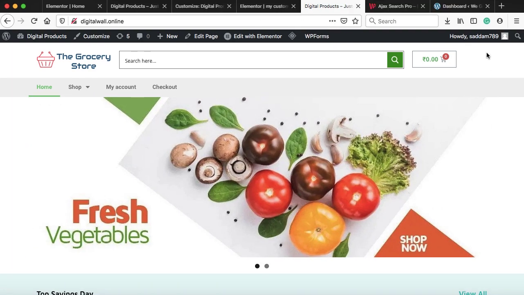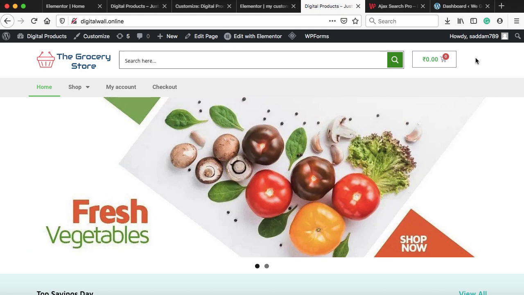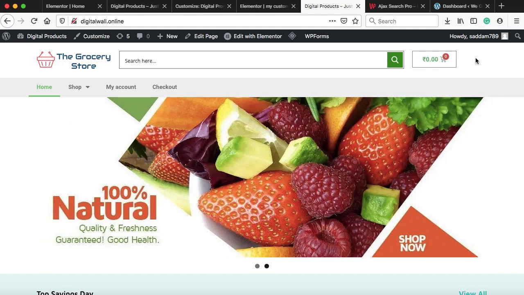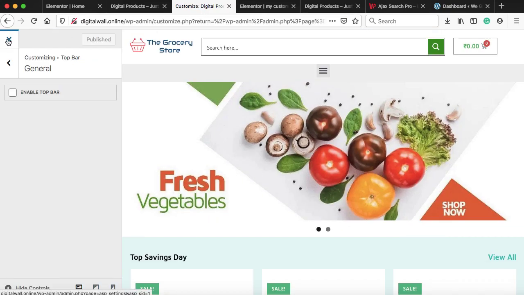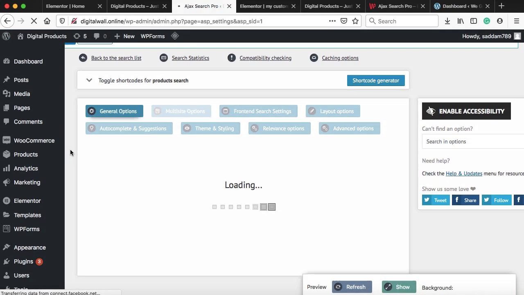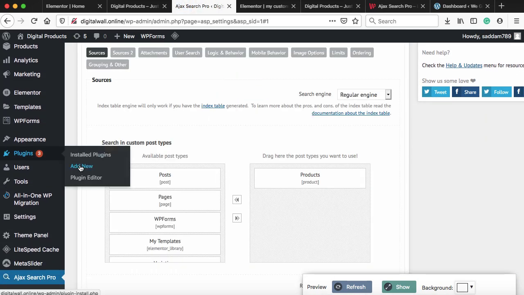Now let's put a login link over here. So when a user comes to the website, they can simply click on the login menu and a pop-up will come up through which they can log in into their account, or they can create a fresh account. So this can be accomplished with the help of a free plugin. We can simply go back to the WordPress dashboard. Now here we need to install a free plugin. So hover on plugins and then click on add new.